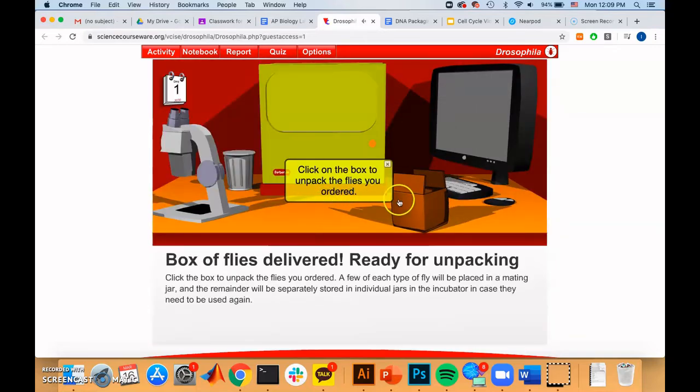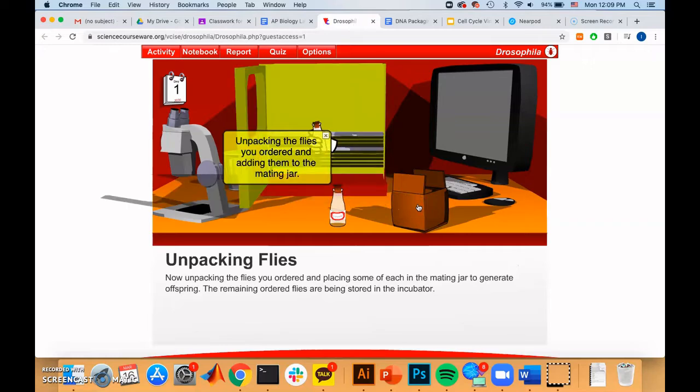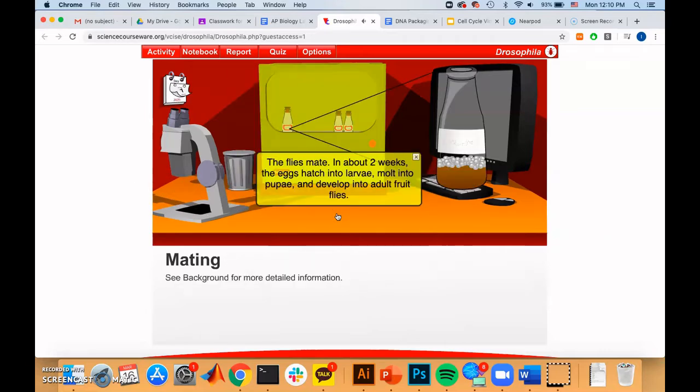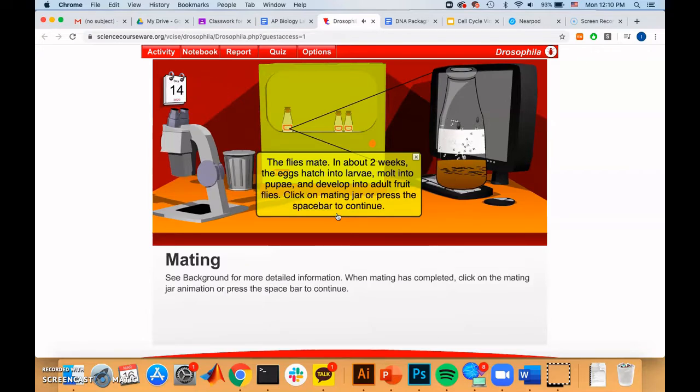Okay, now the flies that we ordered have come. And each of them has been put into this mating jar. If you hover over it, you can see that we have a female wild type mated with a male with sepia eyes. Now we're going to click on it to put it into the incubator, and it's going to allow the flies to mate. Usually it takes about 2 weeks, so that's what we're waiting for. And if we click on this jar again,